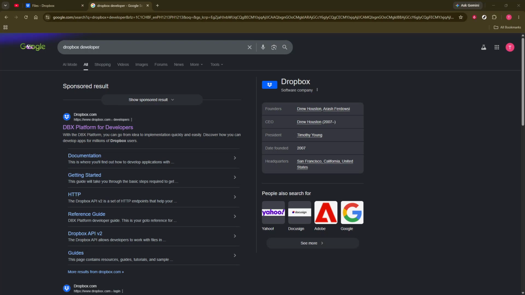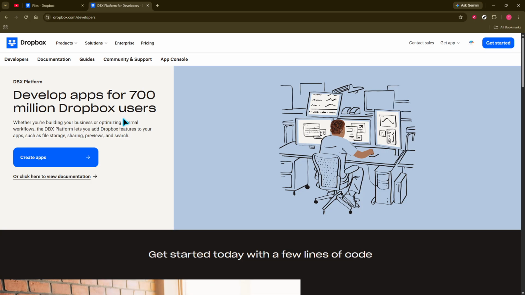In today's video, I'm going to teach you how to get an API key from Dropbox. To begin, open your web browser and go to the Dropbox Developer Console. This is the official place where Dropbox lets you create and manage apps for API access. Once the page loads, sign in with your Dropbox account so you can access the developer tools and create a